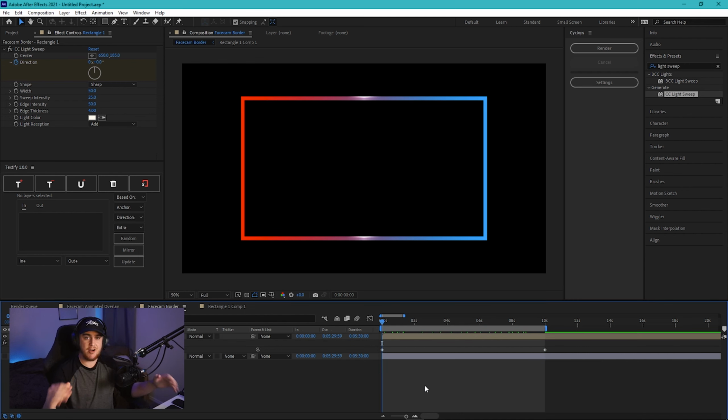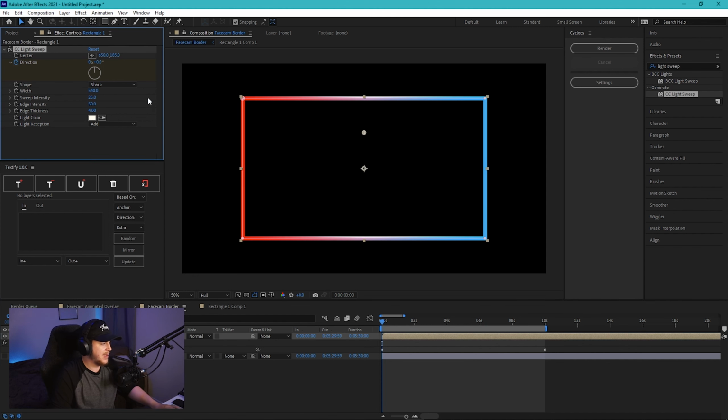So now this next part is all about personal customization on the actual light sweep itself. There is a ton of stuff you can do with this. You can adjust the width, you can adjust the intensity. This is all personal preference. What I normally do is I set the width to about 75, which will give a nice stretched look. I put the sweep intensity up more to about maybe 65, and the edge intensity to about 85. Now at first you may be like, damn, this is really harsh to look at, but I promise you, it will actually get way, way, way easier to look at when we change the color.